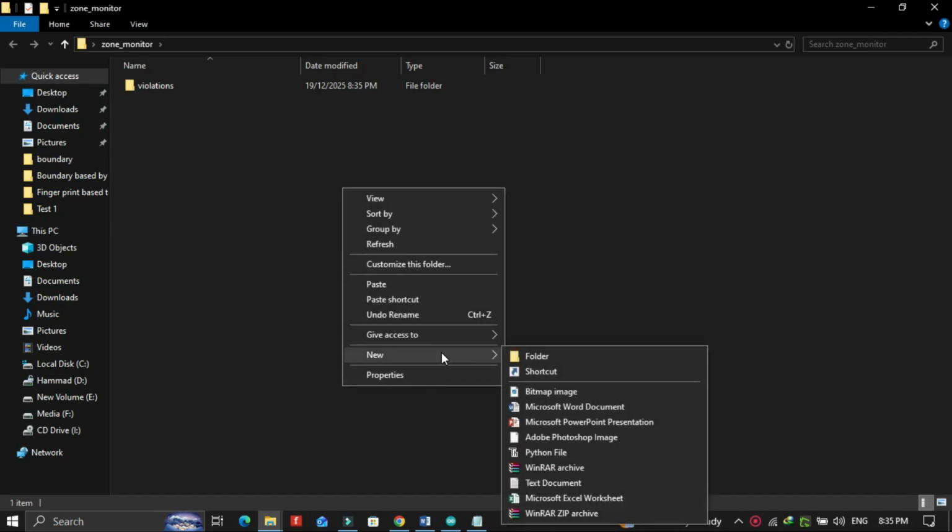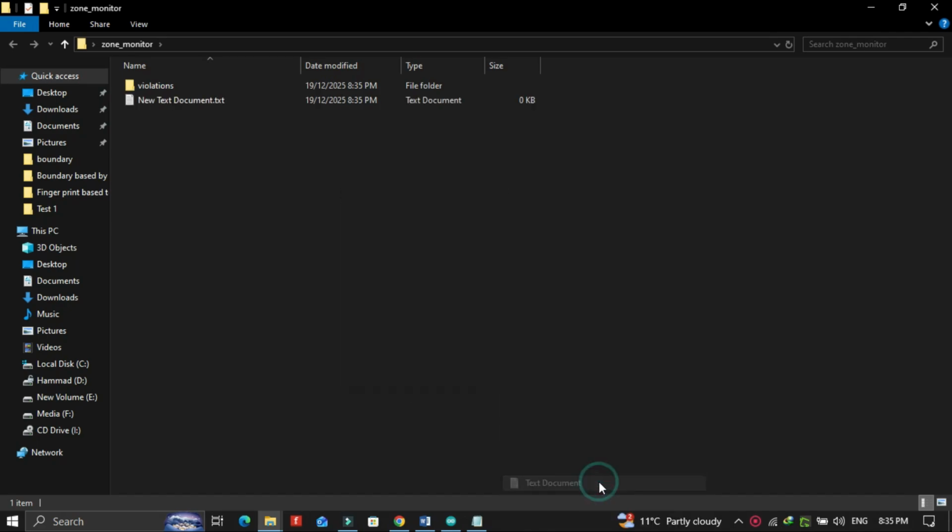After that, we will create a text file and name it server.py so that it is saved with the Python extension.